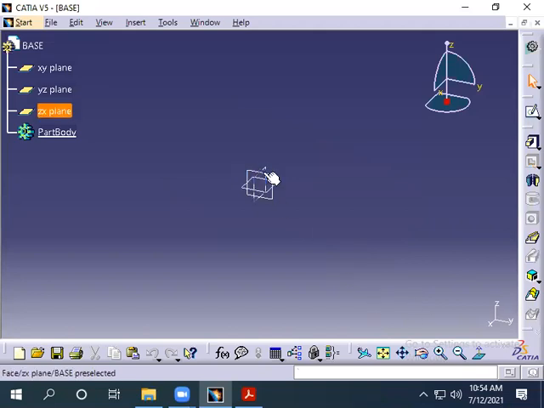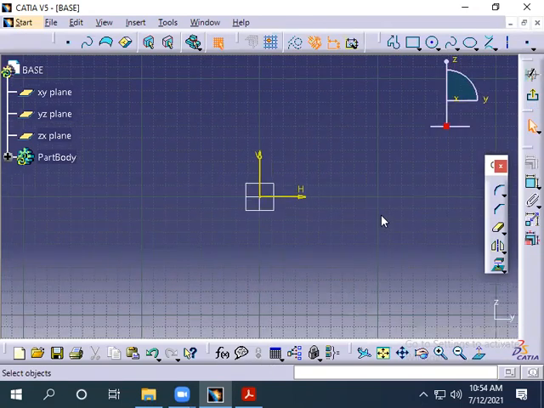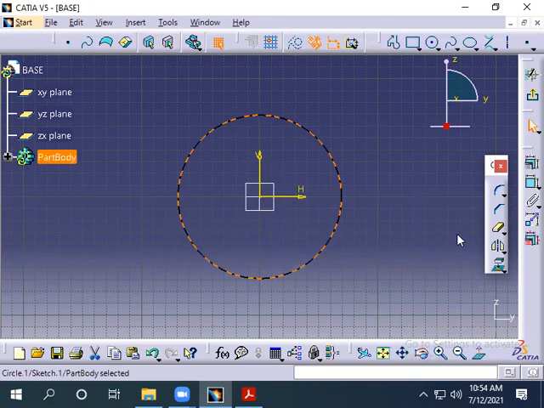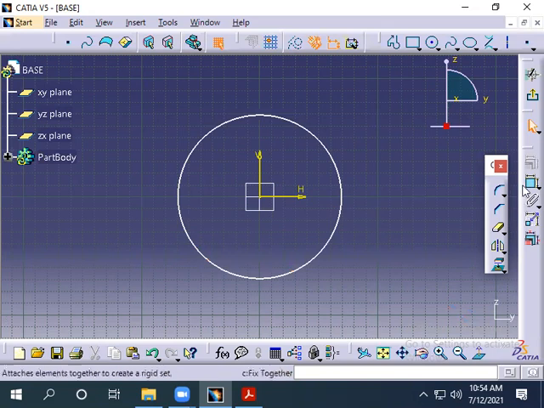Same procedure. Select the plane, go to sketch, circle. Take the origin as the reference. Click there, move outside. Now let us give dimension to this circle.